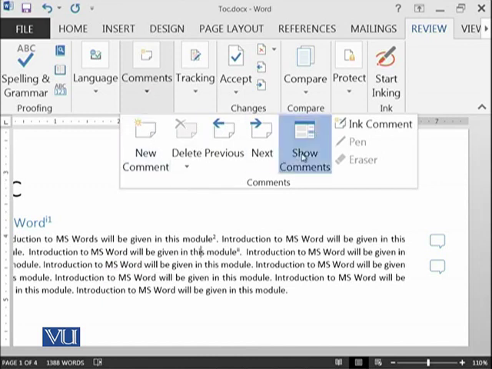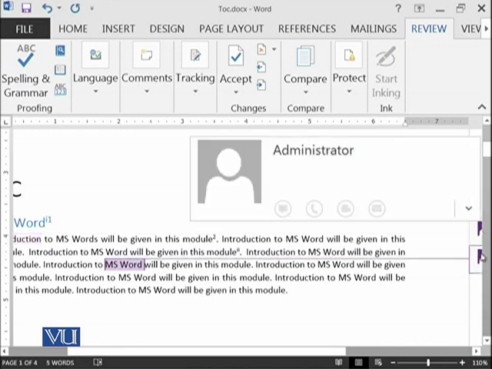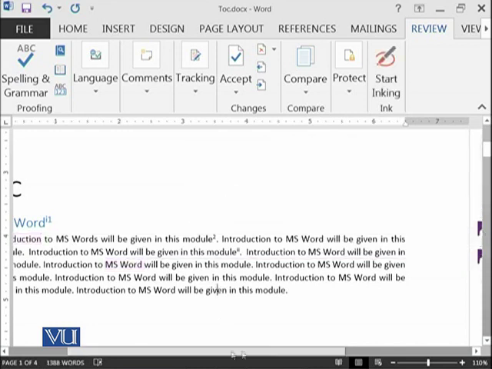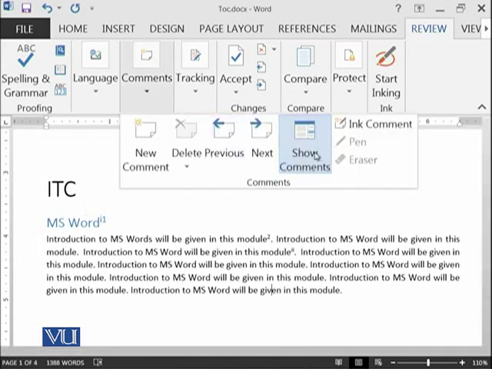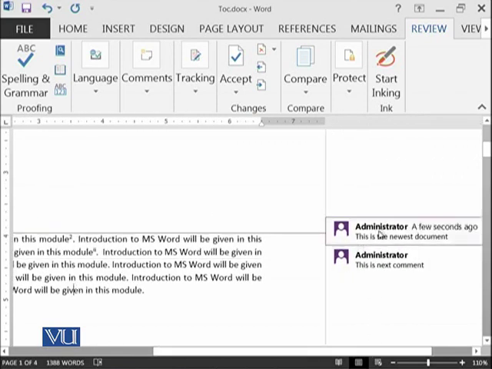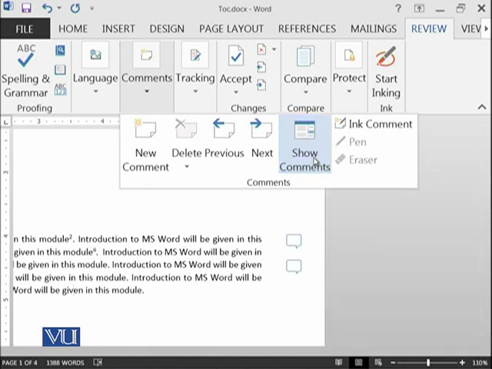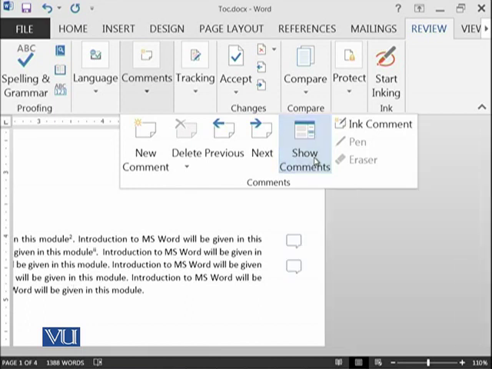If we click on show comments, it will also show you those comments, like here, who has done it. But apparently from the document there is nothing. So if we again click on show comments, you can see that here are those comments visible, and those are not visible. Now it's better to realize what is happening with the show comments.